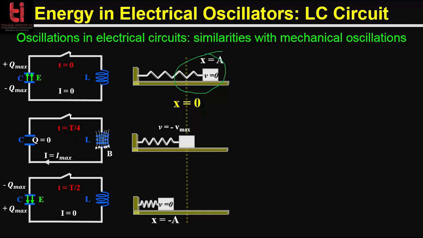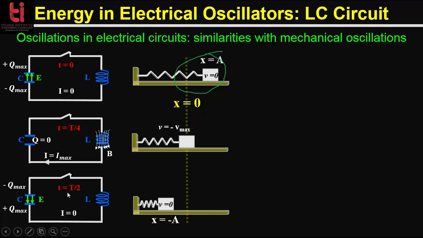Now the voltage across the capacitor will drive a current through the inductor, building up a magnetic field around it. After a quarter of a cycle, the voltage across the capacitor falls to 0 as the charge is used up by the current flow. And here the energy is all the inductor's contribution. This is actually equivalent to the equilibrium position of the spring mass system, where the velocity has its maximum value and the energy is all kinetic. So now the energy stored in the coil's magnetic field induces a voltage across the coil. This induced voltage causes a current to begin to recharge the capacitor with a voltage of opposite polarity to its original charge.